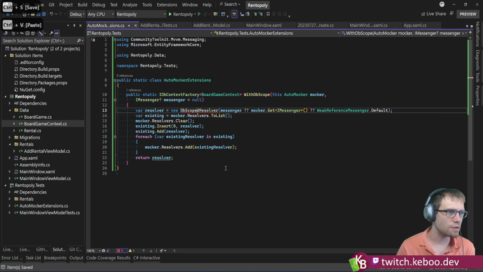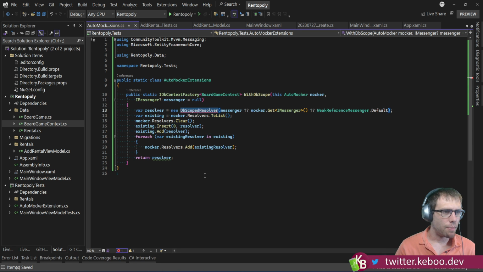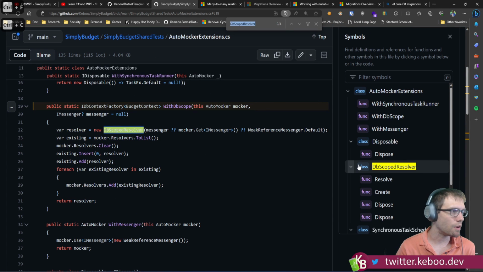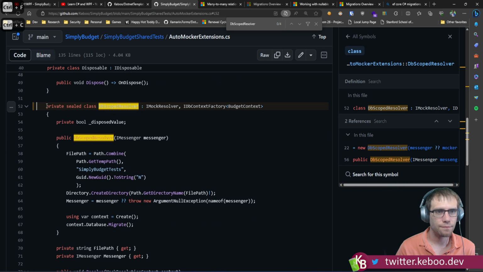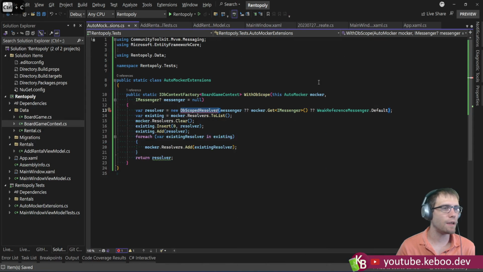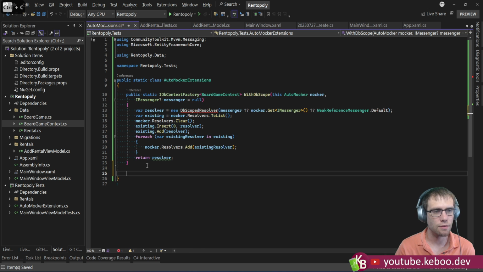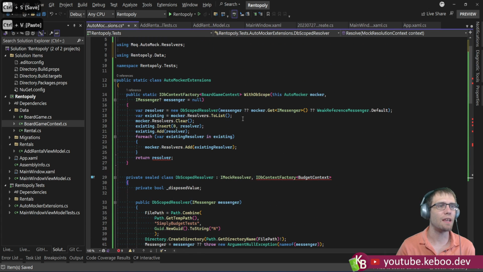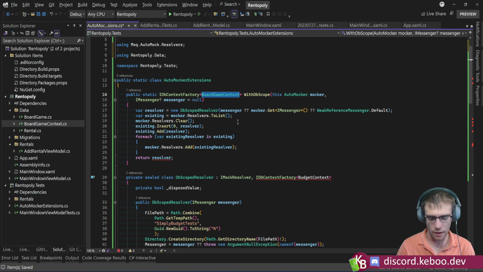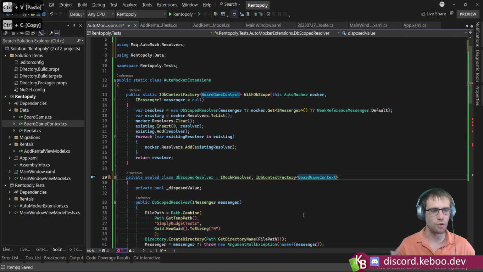Okay, so we're gonna do this DB scope resolver. Now I need to go back and grab that. Where are you? I assume you're down below. Yeah. So this is a fancy thing inside of AutoMocker. AutoMocker generally will create things up for you, but sometimes you want it to be more intelligent about what it is doing, and just having it always return back the mocks or similar things that it's created